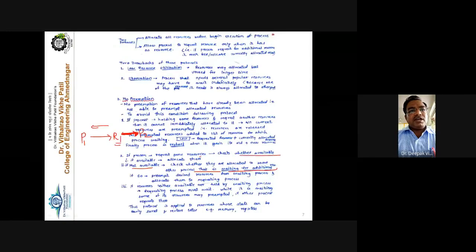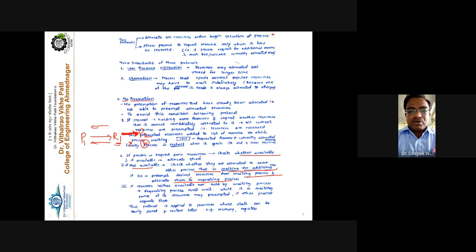Our allocation line: R1 is being allocated to the process P2, and say for example P2 is in a waiting state. So if the process P2 is in a waiting state, what is the solution? Preempt the desired resource from the waiting process and allocate it to the requesting process. You can remove this line, and this line will now become an allocation, meaning R1 is allocated to the P1 process.